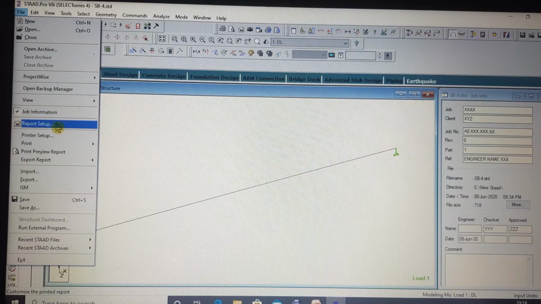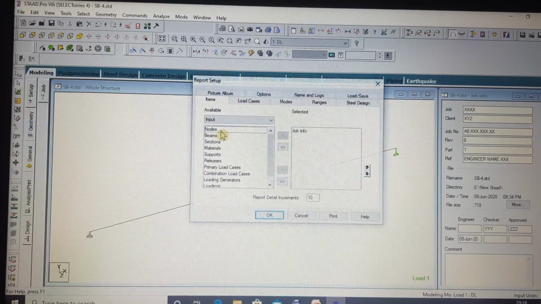Reports, next is your Report Setup button. If you click on this Report Setup button, from here you can choose how you want to set up your report automatically from our STAAD output. This functionality will be helpful if I give you an example after doing a project.